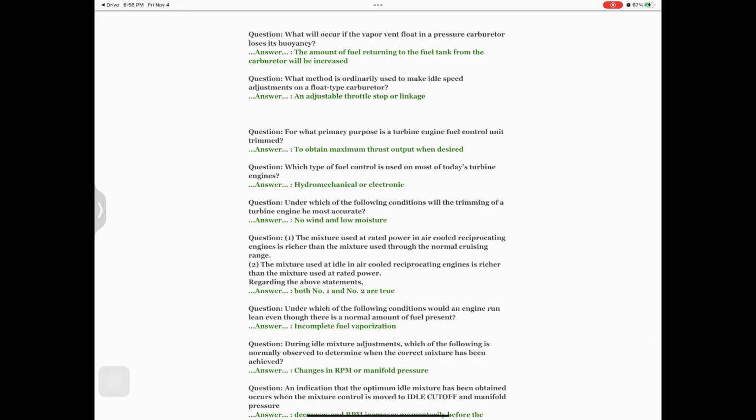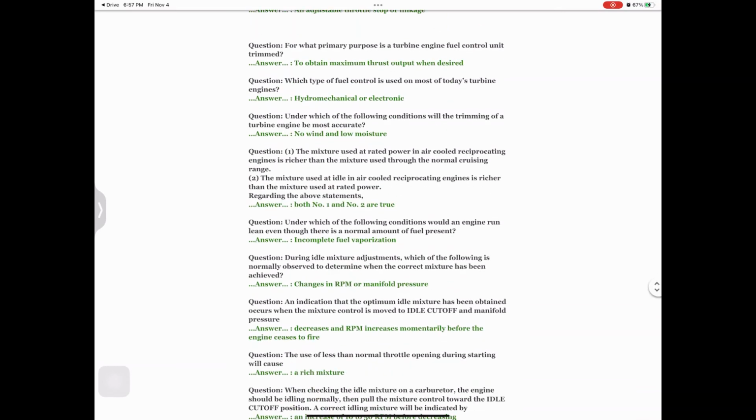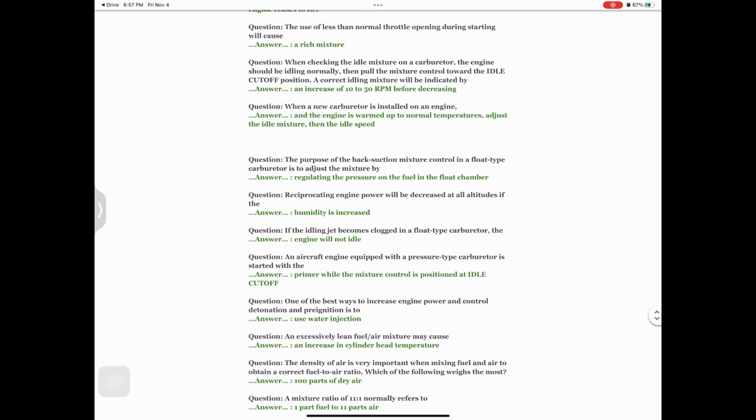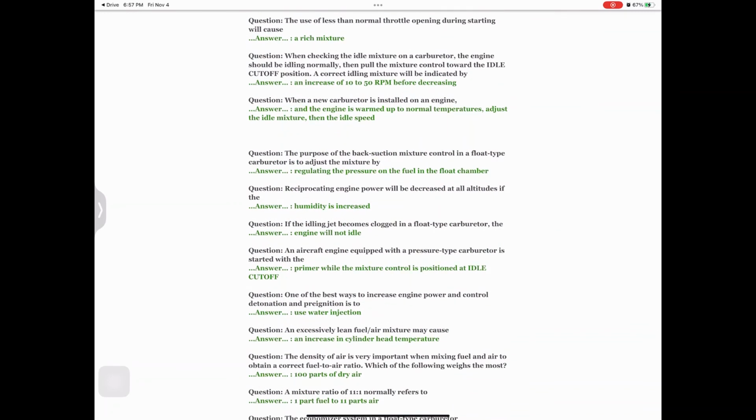Question: An indication that the optimum idle mixture has been obtained occurs when the mixture control is moved to idle cutoff and manifold pressure. Answer: Decreases and RPM increases momentarily before the engine ceases to fire. Question: The use of less than normal throttle opening during starting will cause